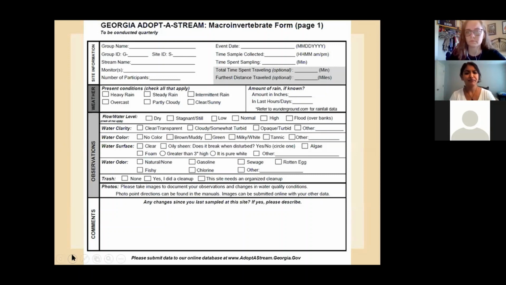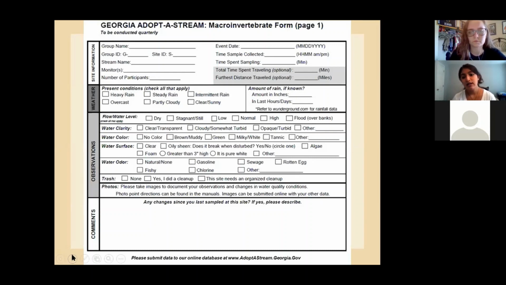But we go over different details like recording the time that you spent sampling, the weather conditions, the amount of rain, the water levels or the flow, the odor of the water, surface color, clarity.